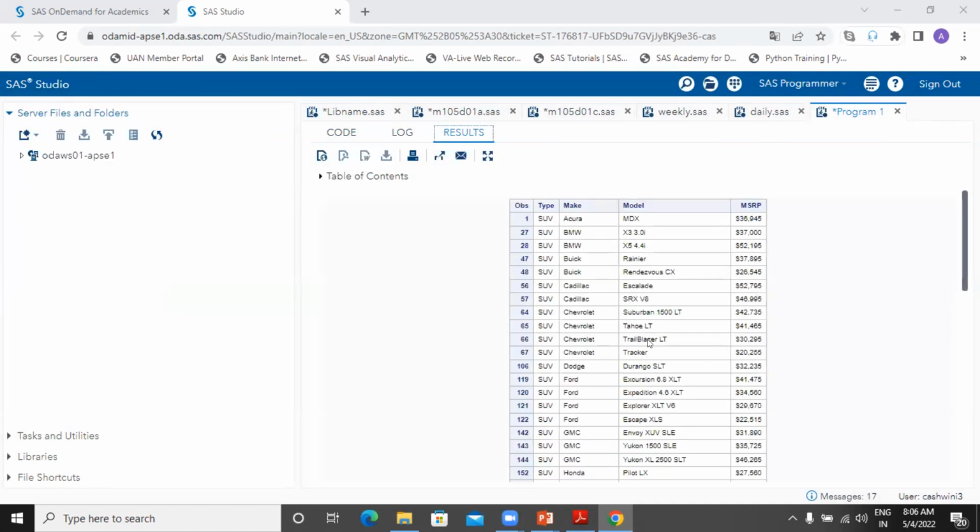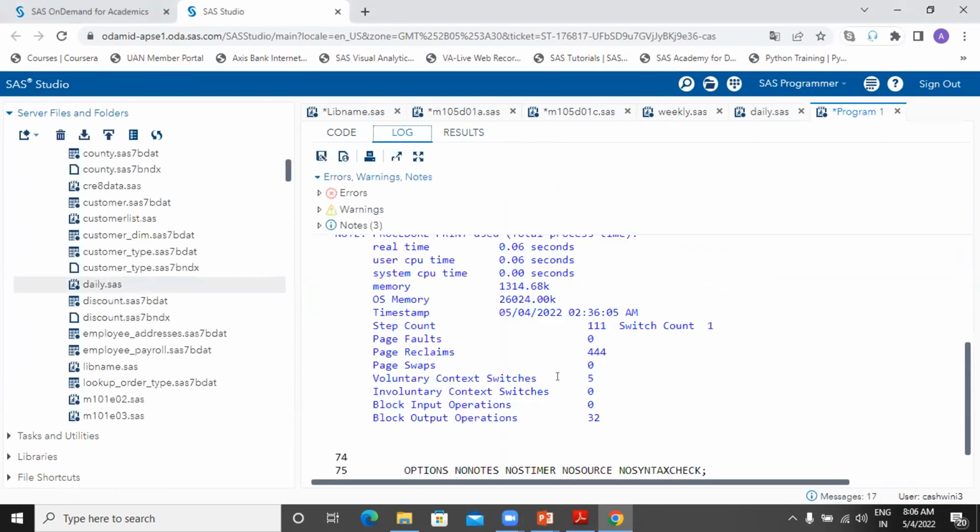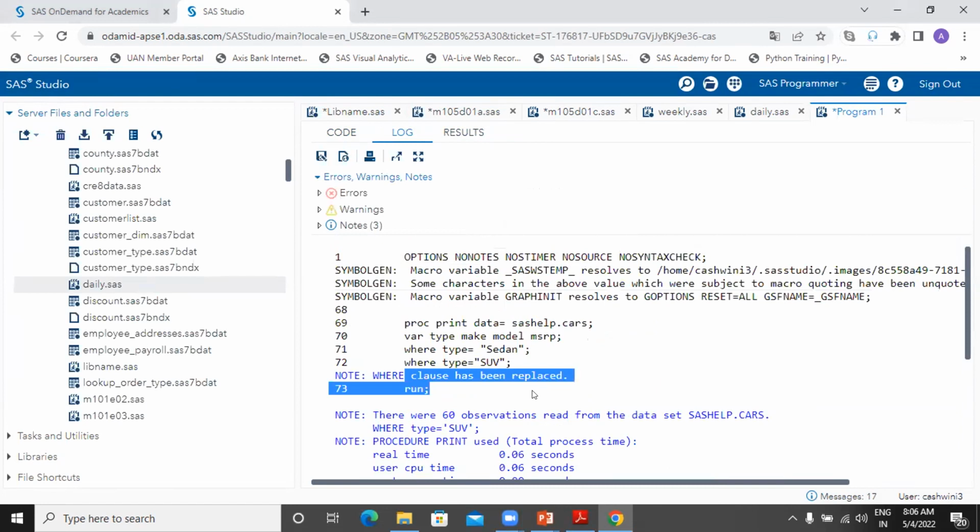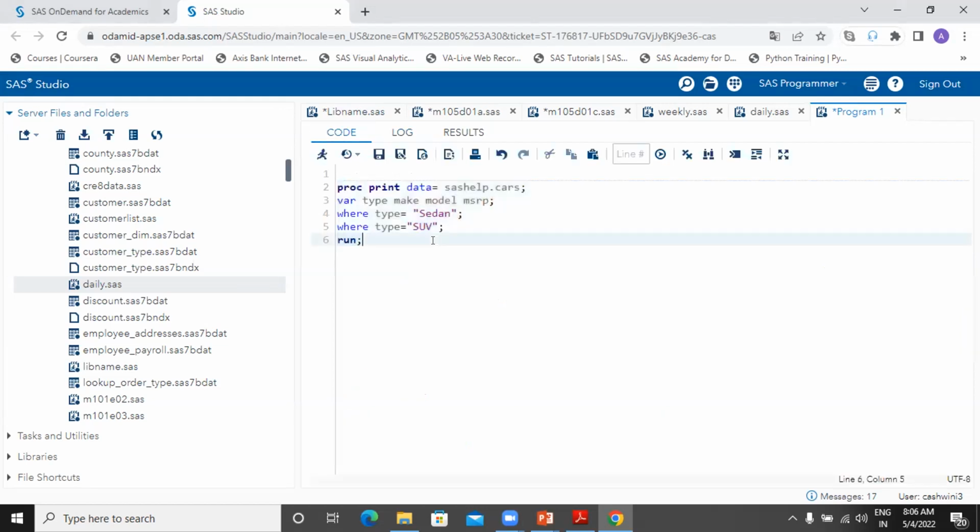See, report on SUV. Got it? So that is what it's telling. Your where got replaced and it's working only on recent SUV. It's not giving you sedan values. Now, if you want the sedan values also, there is another way you can join these two criteria